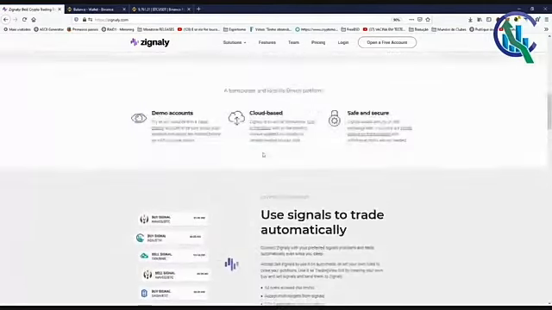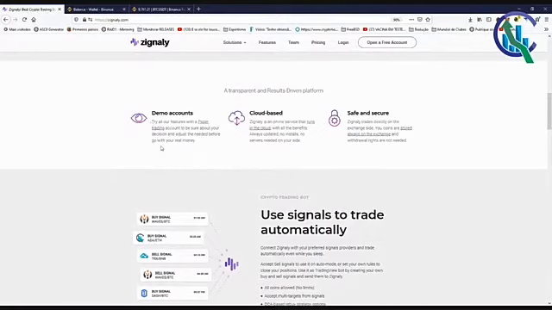Zignaly supports what they call demo accounts, which is also known as paper trading. When you enable a demo account, that means you are not using your real funds. You will be trading with virtual funds, so you don't risk anything. It's very useful for testing strategies, testing signals and stuff. So I really recommend you to use this before you trade with real funds, so you get to know if your strategy is good before jumping into risking your money.